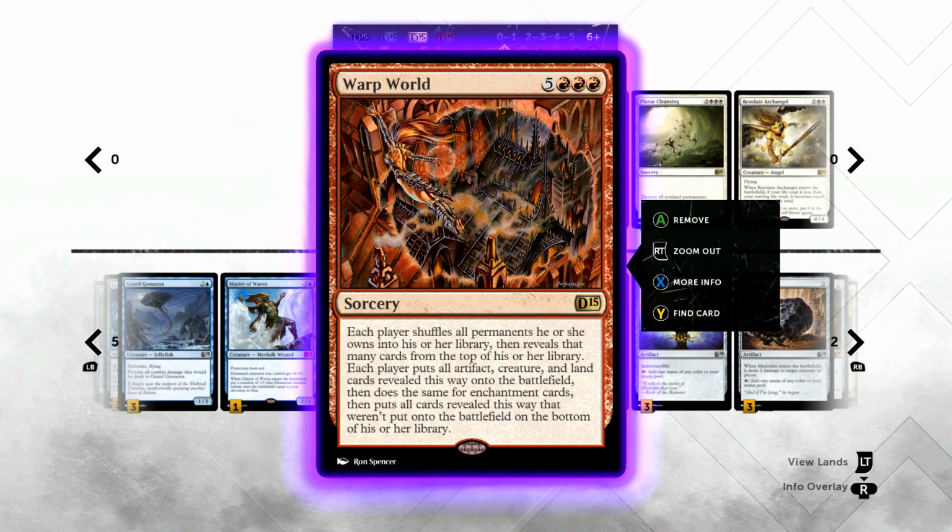she owns into his or her library, then reveals that many cards from the top of his or her library. Each player puts all artifact, creature, and land cards revealed this way onto the battlefield, then does the same for enchantment cards, then puts all cards revealed this way that weren't put onto the battlefield on the bottom of his